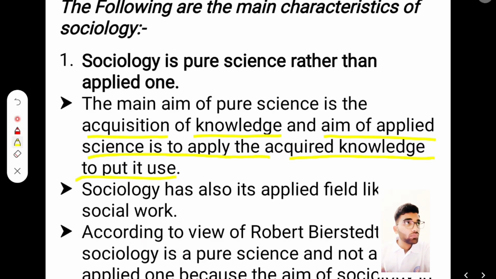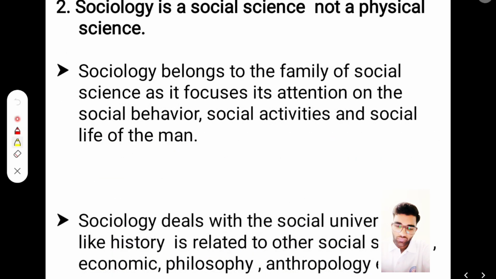Next, sociology has its applied field, like social work. According to the view of Robert Bierstedt, sociology is a pure science, not an applied one, because the main aim of sociology is